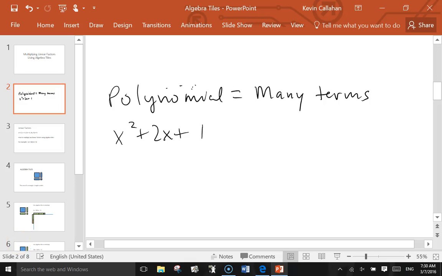Right? So a polynomial could have many terms. The terms are going to have x's in them, y's in them, things like that. They could be to different powers, right? That's all part of what we'll do in the next little bit. But specifically, one thing that we're going to have to do is know how to multiply two binomials,